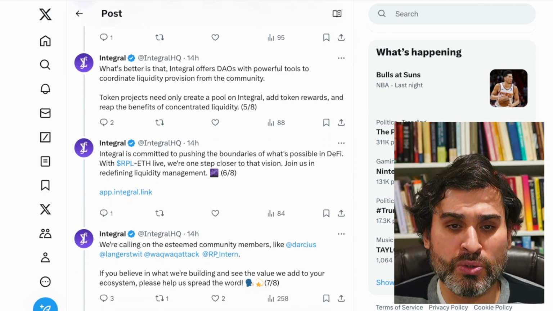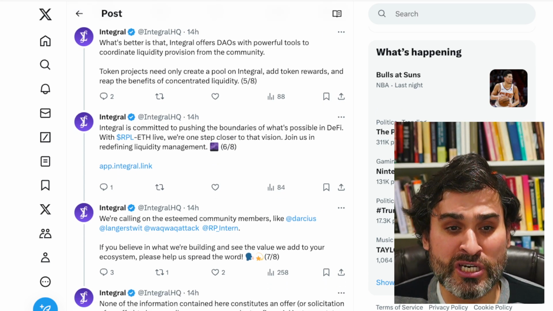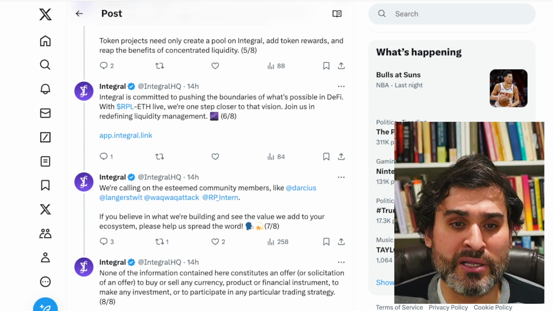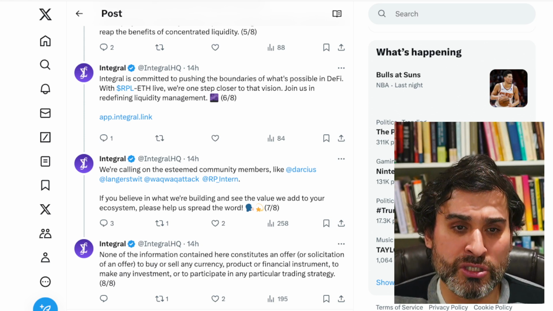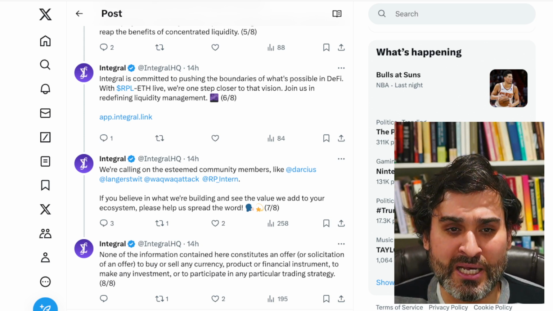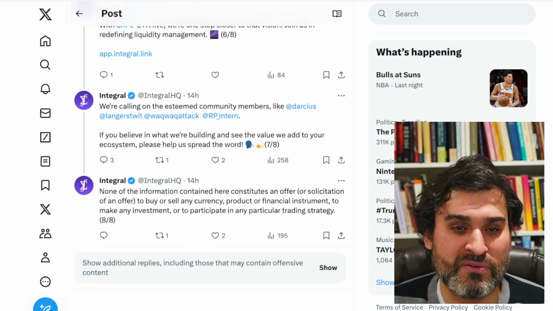Token projects need only create a pool on Integral and add token rewards and reap the benefits of concentrated liquidity. So they go on to say Integral is committed to pushing the boundaries of what's possible in DeFi. With RPL and ETH live, we're one step closer to that vision. Join us in redefining liquidity management, and then there's a link to their app. And then they called on me and other members of the community to kind of give them